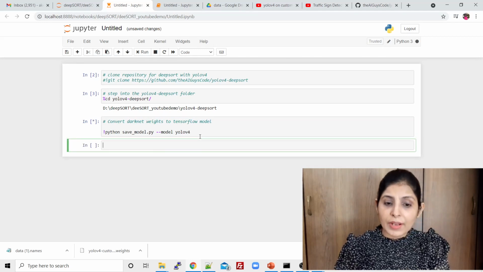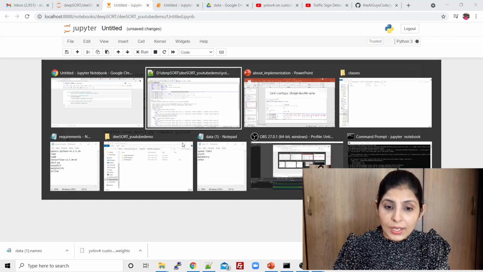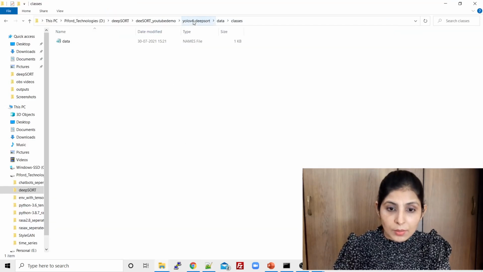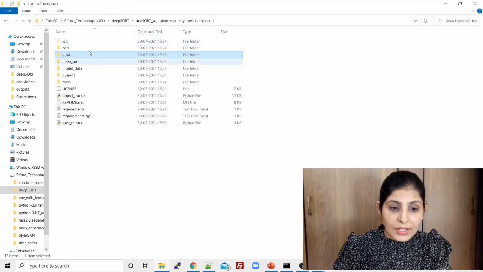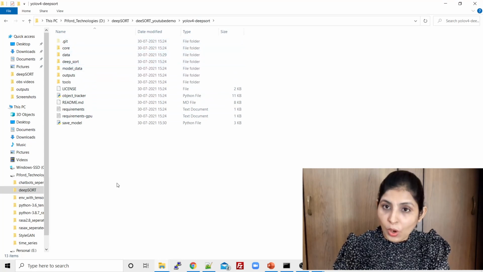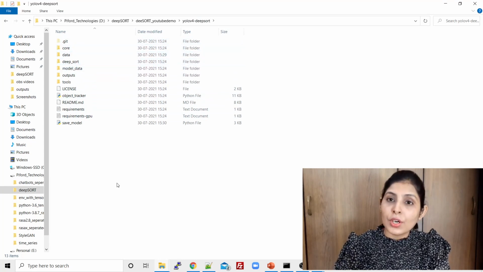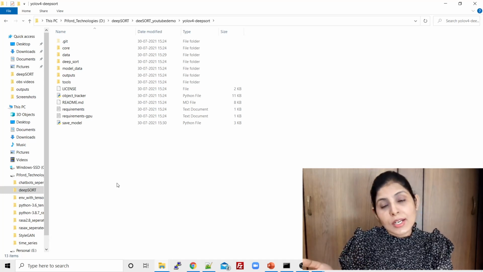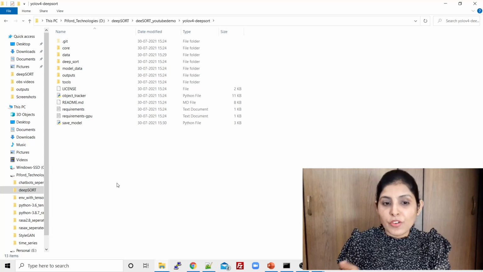When you run it, you will get, okay, so come here. Right now there is no folder with the name of checkpoint, but when that code gets executed, you will get one folder over here with the name of checkpoints, and under that folder you will get a YOLO V4 model, which we have converted from weights to model.